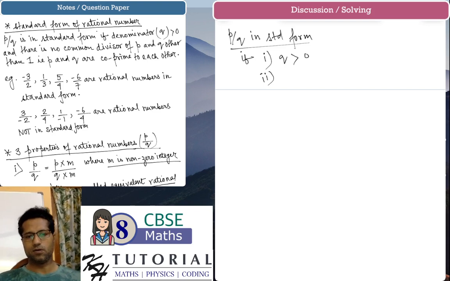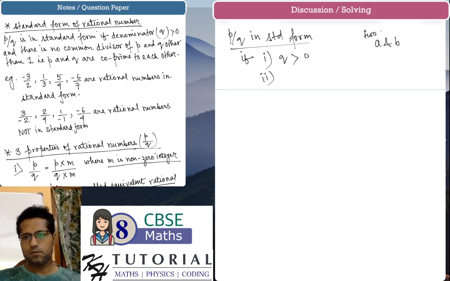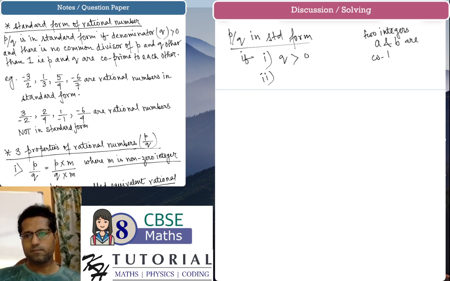Now, maybe you are aware of the word co-prime. Two integers A and B are co-prime if the HCF, the highest common factor, between the numbers A and B is equal to 1, that is, they do not